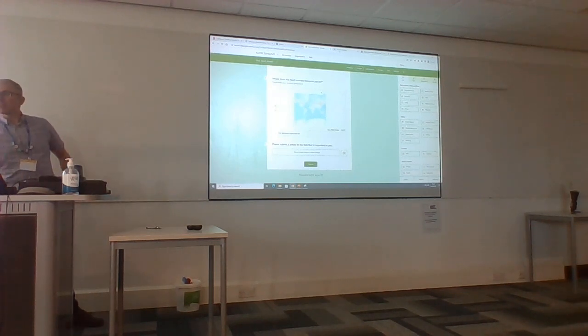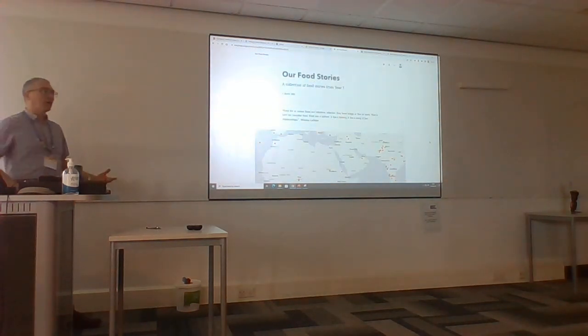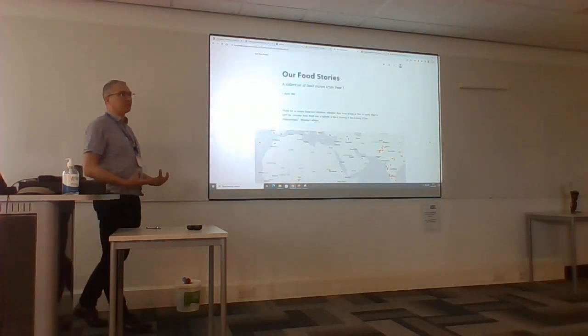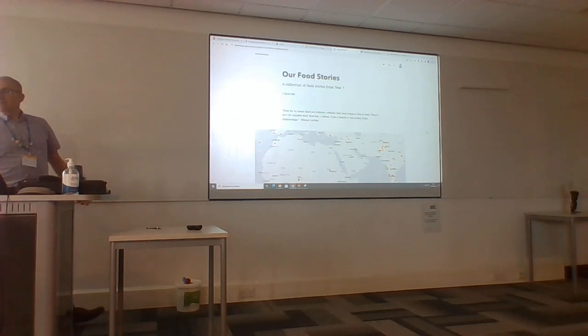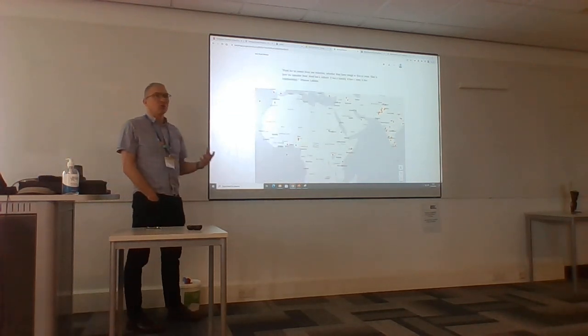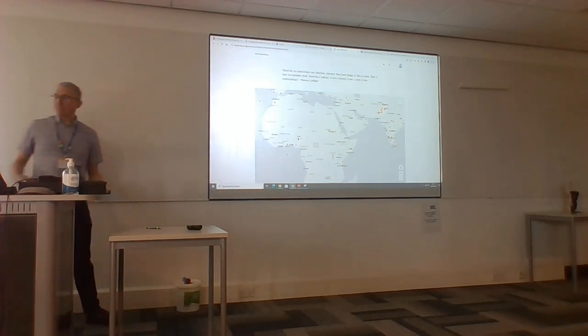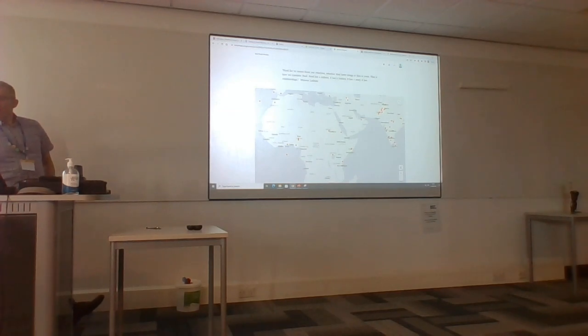And I set up the results in a story map, so they could actually look at all the results. And on the map, you can see each of these red dots is one of the stories from the students across the 3 or 4 classes that I teach in year 7. So if I click on this example here,